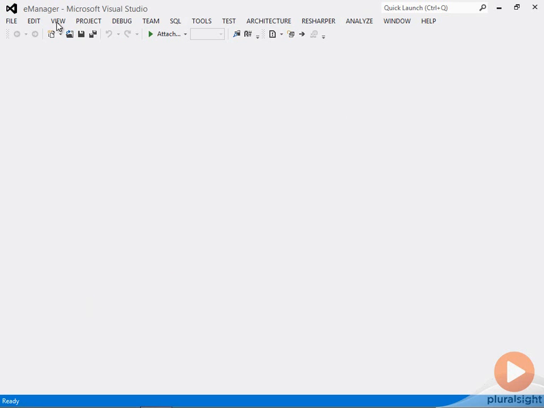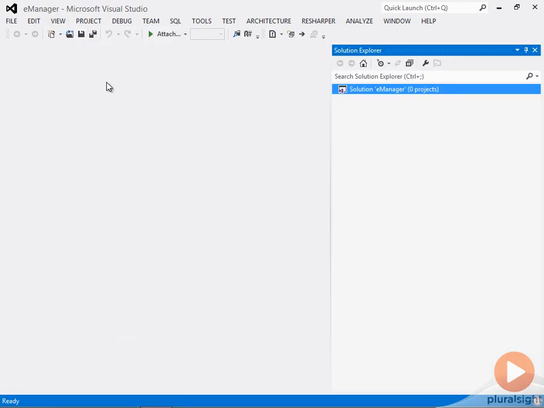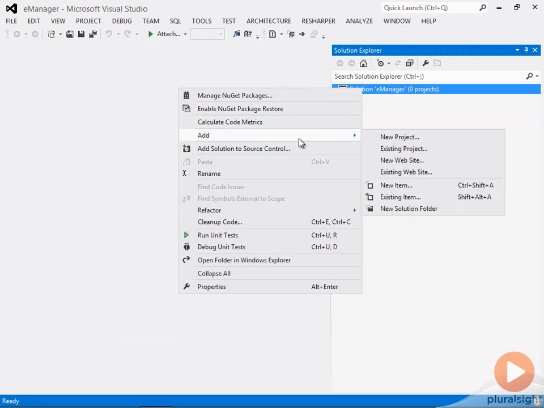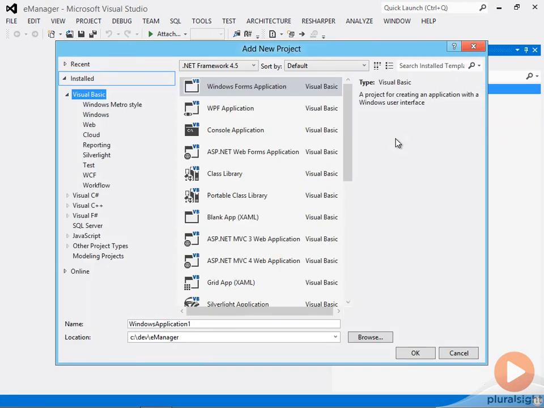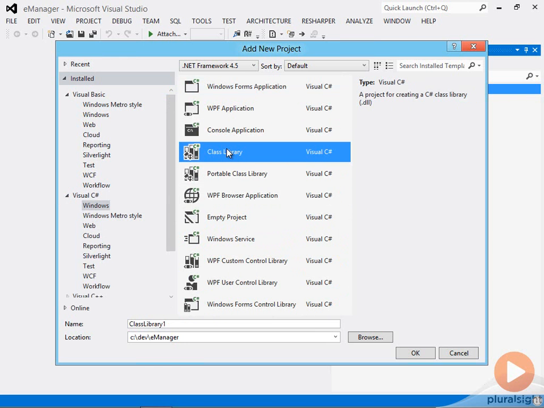And now if I open the Solution Explorer window, I have a solution. There's no projects inside yet. Instead of starting with an ASP.NET MVC project, let's get started with a project that represents the entities and the business objects that I care about. So I will put those inside of a Windows class library, which produces a DLL which you can reference from other projects. And I'll call this